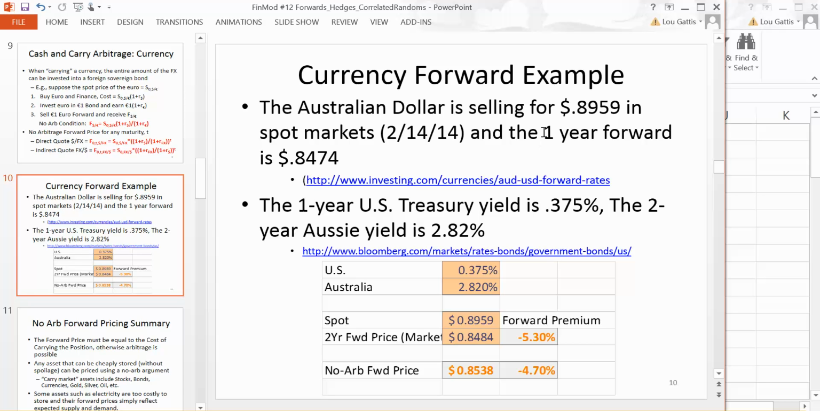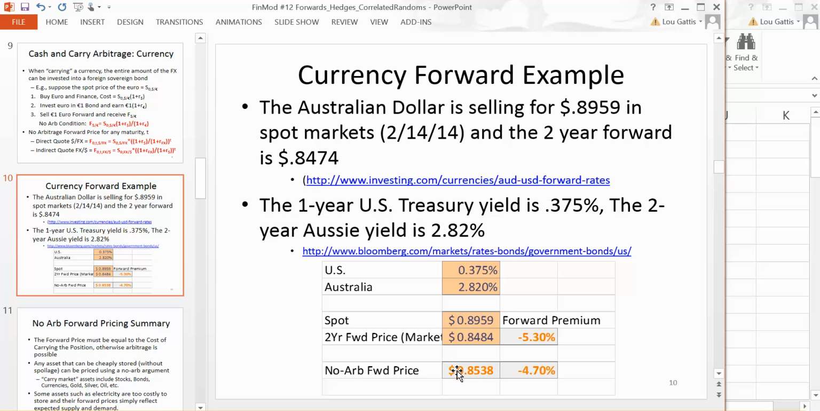And this is actually the 2 year forward. I should make that 2 year forward. So what I can do is I can look and say that the 2 year US Treasury is 37 basis points. The 2 year Aussie is 2.82% annualized. The spot price was 89 cents. Therefore,